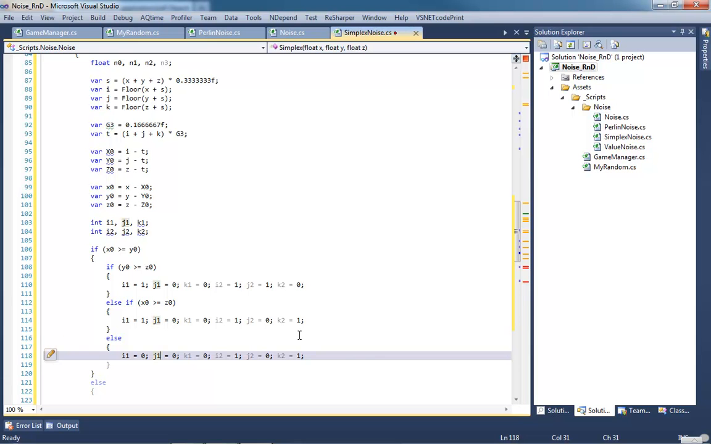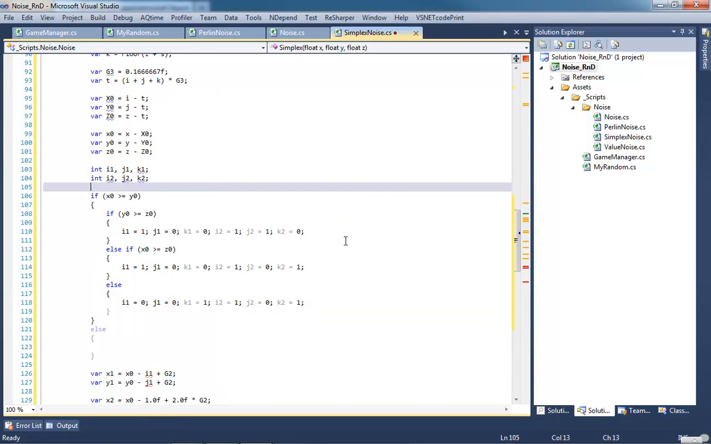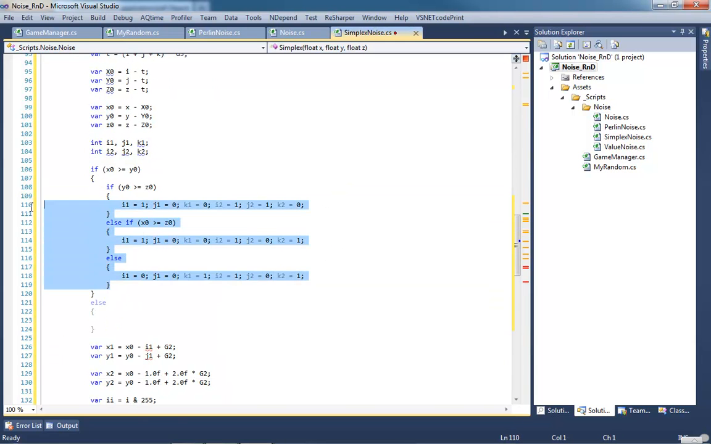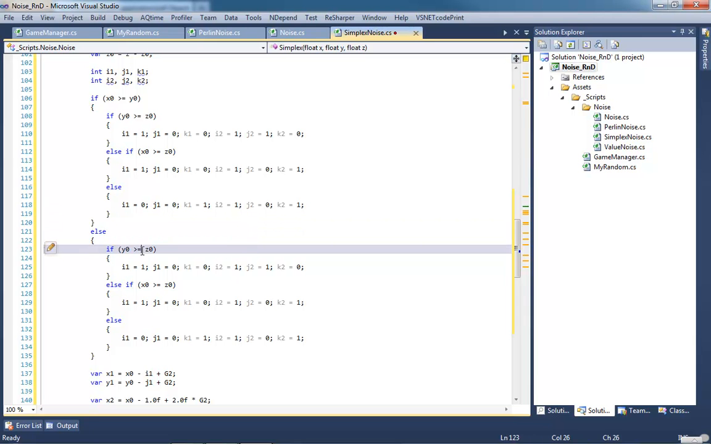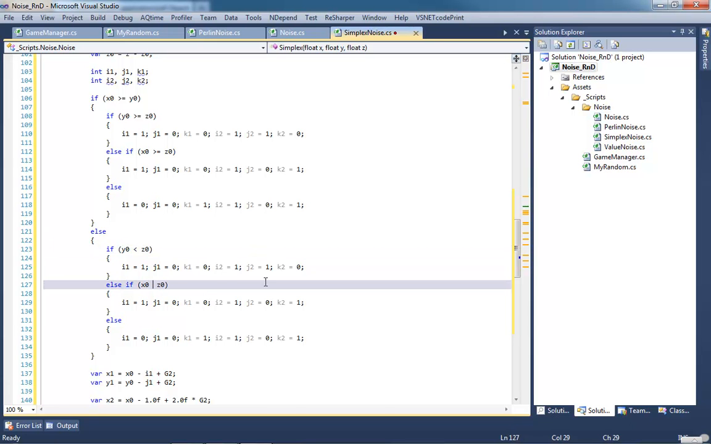So, all right, third one will be I1 is 0, J1 0, K1 will be set to 1, I2 is set to 1, J2 is set to 0, and K2 is equal to 1. So we'll copy these three now, paste them down here. Now these conditions will check if y0 is less than z0, if x0 is less than z0,